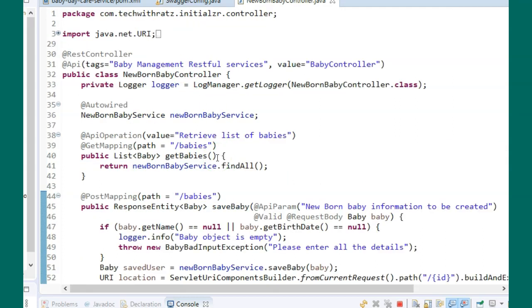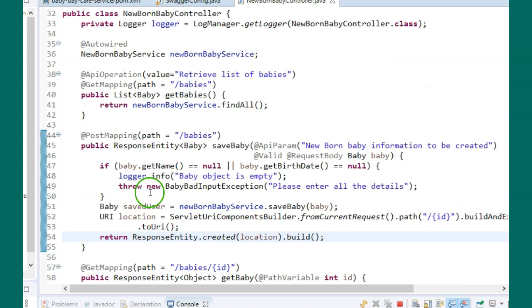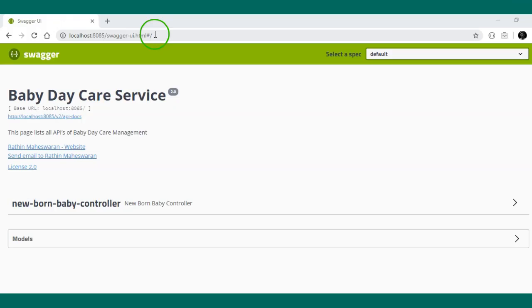Let's go and check in the Swagger UI whether the Swagger core annotations we have added to the controller class have been reflected or not. Now I will hit enter to see the changes.